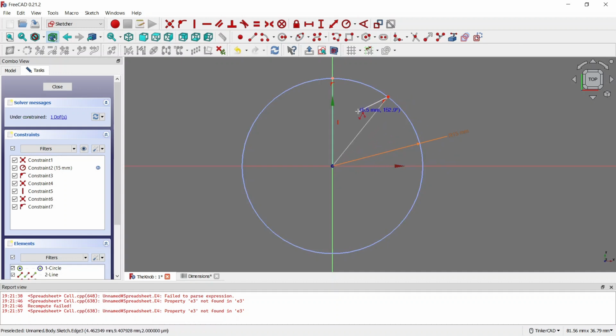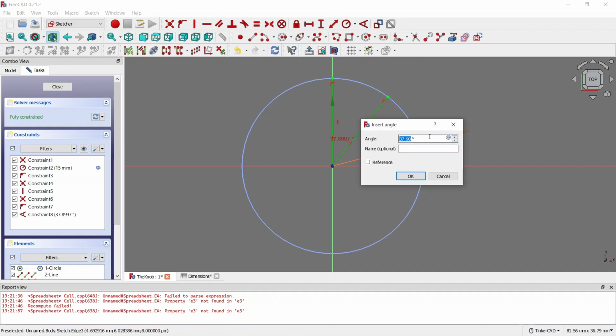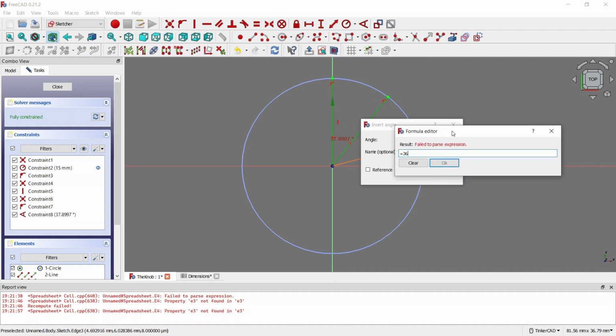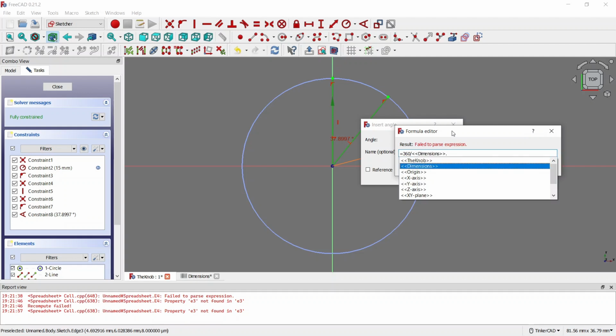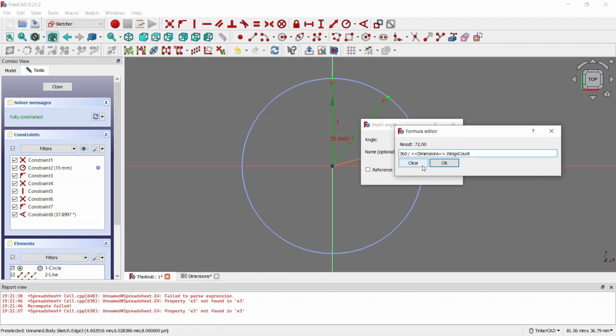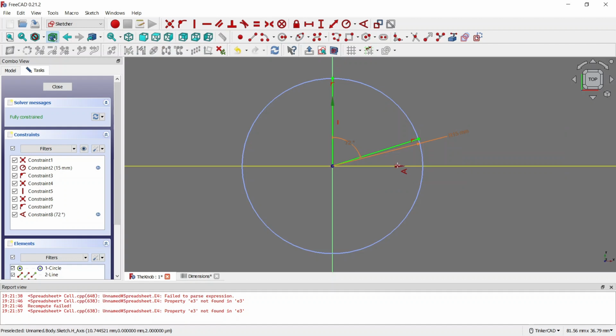Now I'm drawing 2 lines, and I constrain the angle between them, and this will be 360 divided by the number of wings that we have. Because now I will draw 1 wing. I will connect them with arcs. I'm using polyline for this, and with the M key on the keyboard you can cycle through the different modes of drawing a polyline. Let's have 3 arcs,